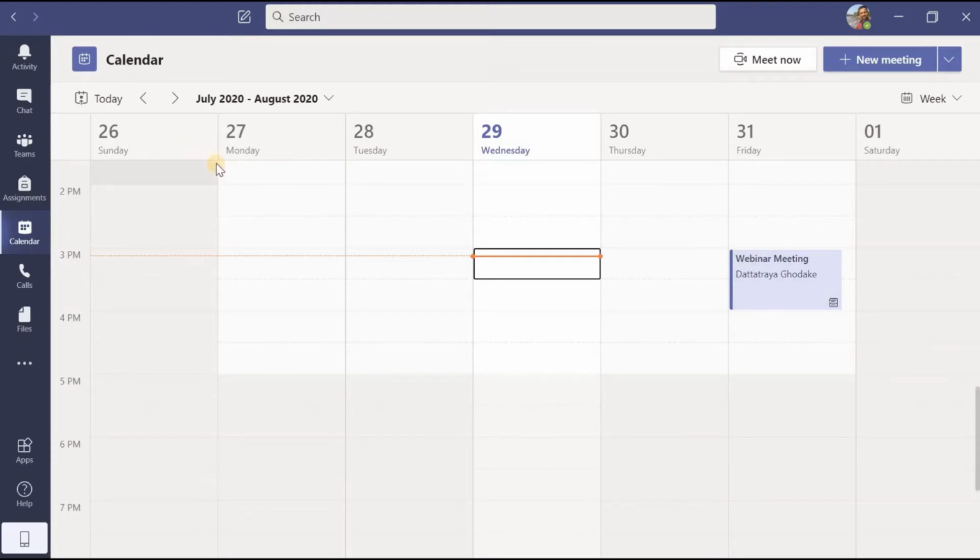Now this is regarding how we can make use of the calendar, but most importantly this calendar is used to have instant meetings, or if you want to schedule meetings, this Calendar tab is used. Towards the uppermost right corner you are finding two options, that is Meet now, and next one is New meeting. Here there is a drop down arrow with two options. If you want to have a live event you can click here and create that event, but right now we will focus only on scheduling a meeting because it is most important.